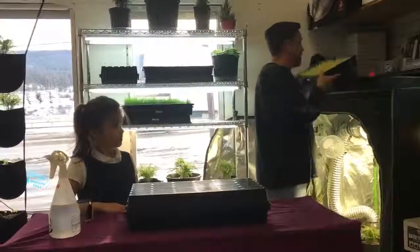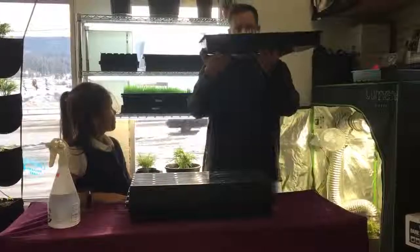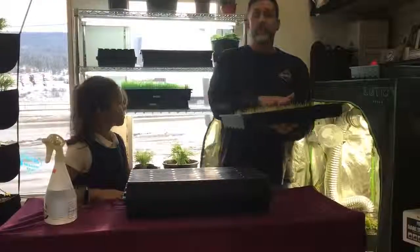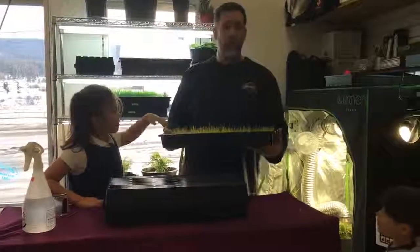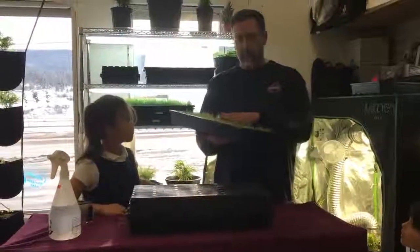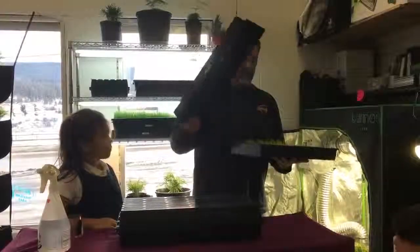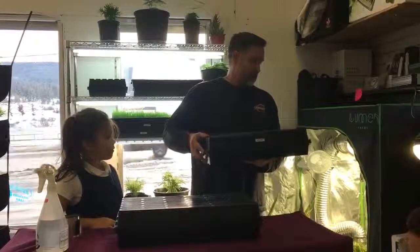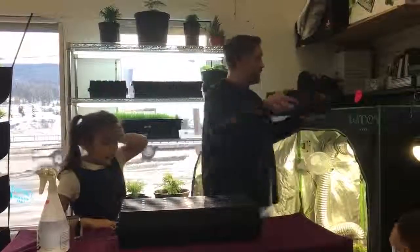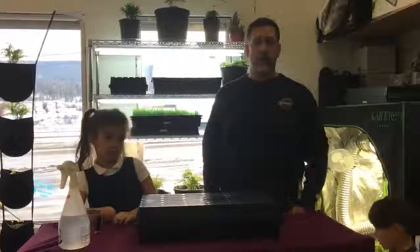Sure, come on over. So you're going to start seeing things like this, where it's all yellow. Don't be concerned about that. What we're waiting for on this one is one more day. And in one more day, what we're going to be doing is taking our lid, and you can see there's water dripping off there because it's nice and moist. And you're going to take that tray, simply take it off, and put it underneath